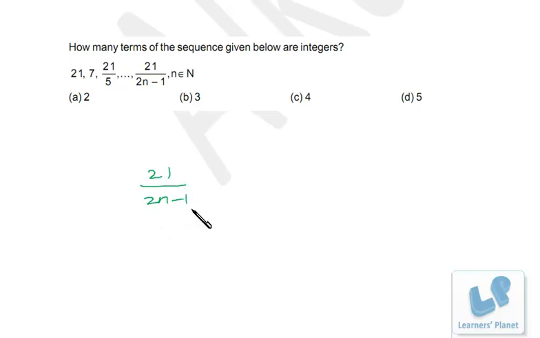Now obviously 2n − 1 represents an odd number. So let's calculate the number of odd numbers which are factors of 21. So it's 1, then 3, then 7 and then 21, right? So we just have 4 numbers which are factors of 21, because the denominator cannot go beyond 21, because in that case it will be converted to a non-integral value, right? So while we put n equal to 1, 3, 7 and 21, we will be getting integral terms. So in all there are 4 terms.